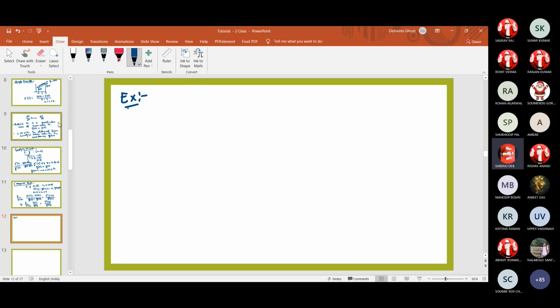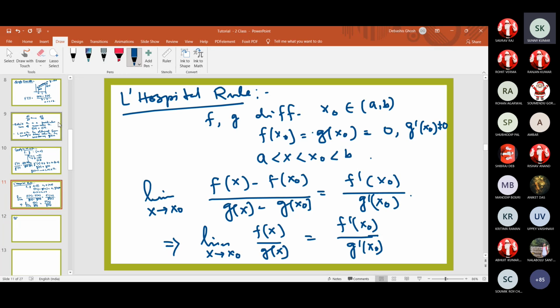So the previous slide. Show the previous slide again. Sir, in x and x0, x0 will be the extreme value, right? So f of x0 minus f of x by g of x0 minus g of x. If you consider this one, you can take the minus, there is no issue. But f of x0 and g of x0 is 0. Just to make it without that minus, we are writing in this way.